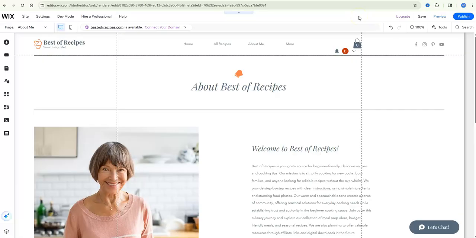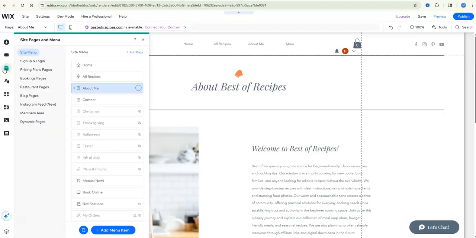And finally, feature number 5, the design picker. This one's really cool if you want to mix and match different design styles across your pages. So in the Wix editor, you want to click on the Pages menu, which over here in your left panel is the Pages and Menu section. You want to click here. And then here you can see